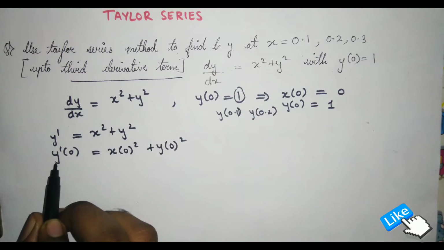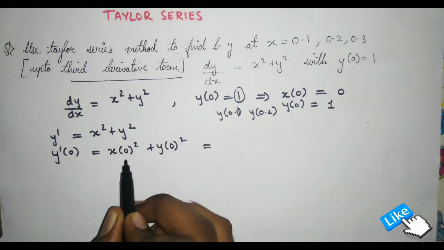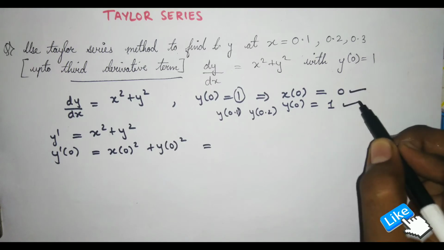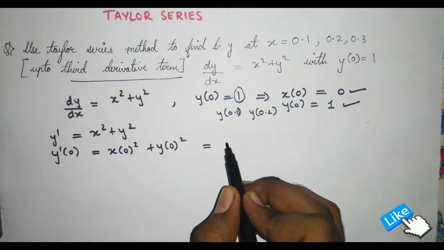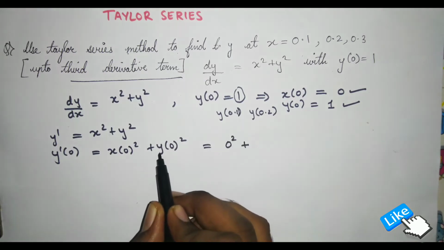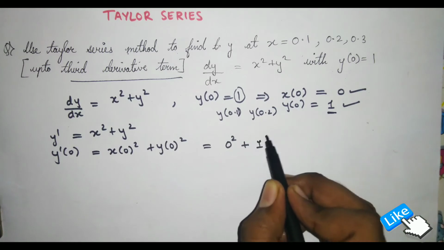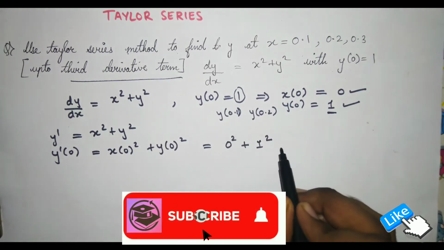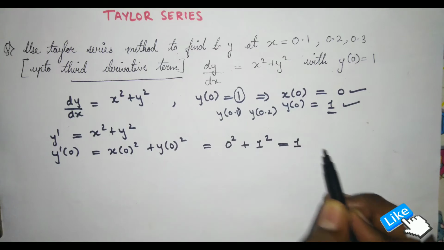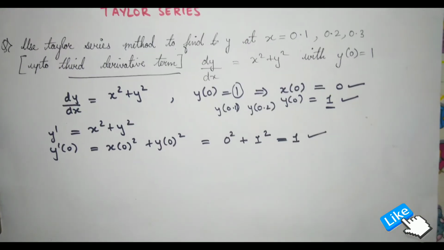Now what is the value of y dash of 0? We have to find it. What is x of 0? That is given in the question, x of 0 is nothing but 0. So 0 square will be 0 itself. Then y of 0 square, y of 0 is 1, so I'll just write 1 square. So this will give me the answer as 1. So I got the value of y dash of 0. Now proceeding to the next,